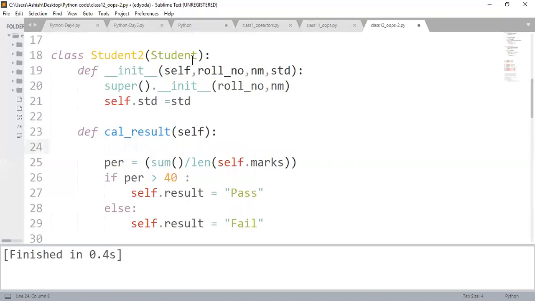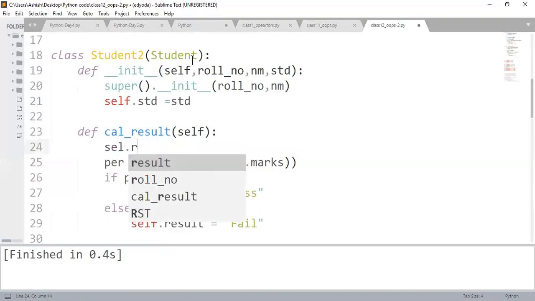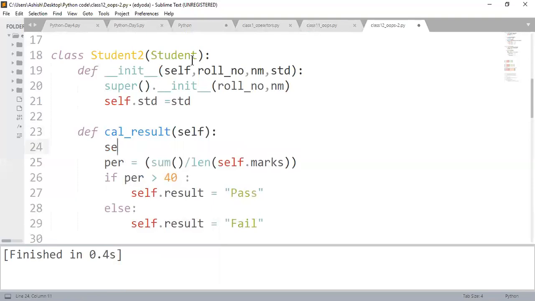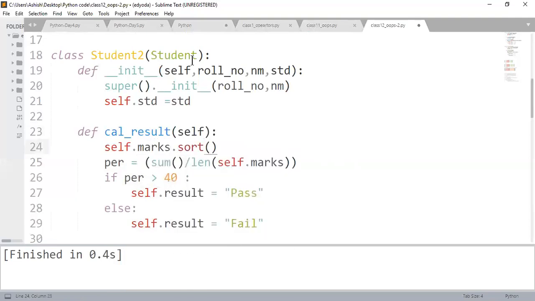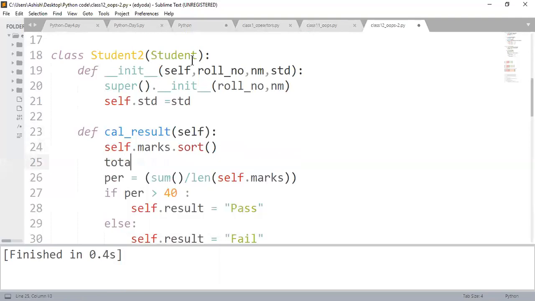First thing I'll do, let's sort it, as this will not return me anything. Self dot sort, what I'm writing, marks dot sort. Okay, this will sort it. Then I'm saying total is equals to sum of,